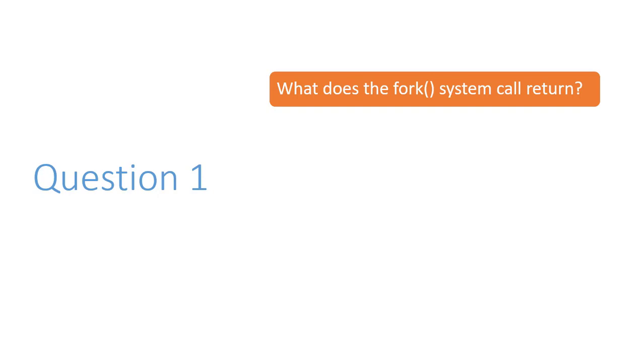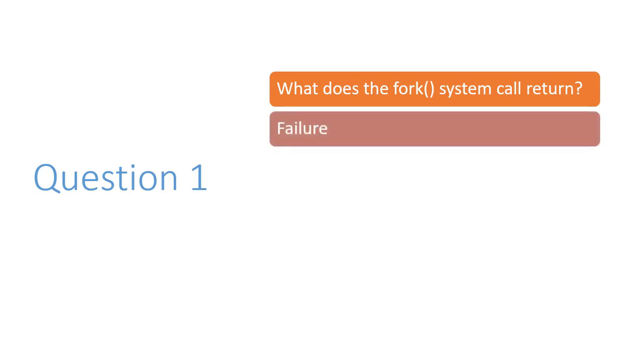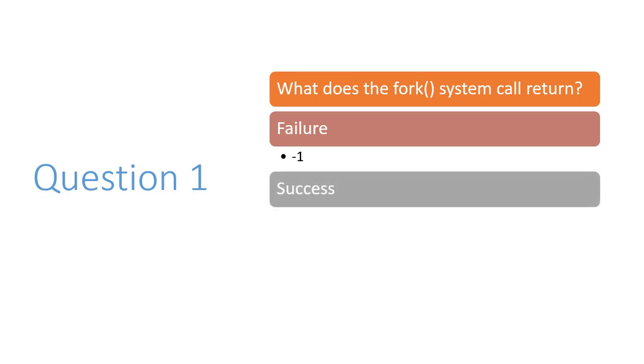Question number 1. What does the fork system call return? So now there can be two cases. One is success and another is failure. On failure it returns -1, whereas on success, if the fork system call is successful, it will create